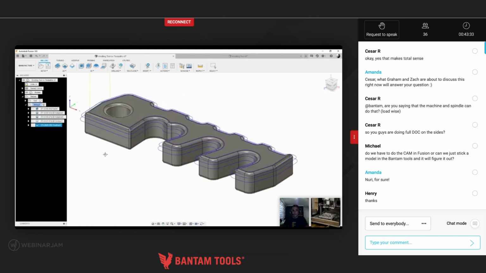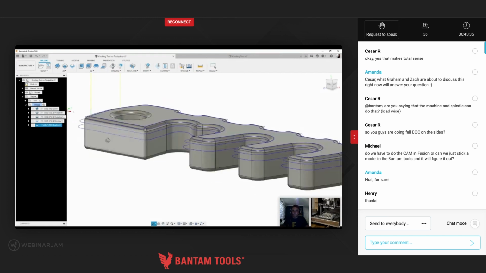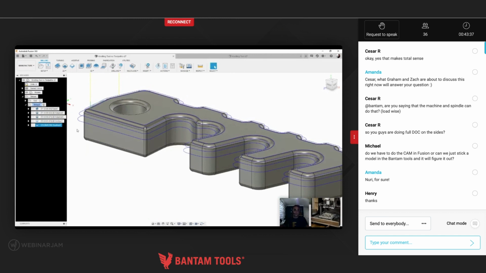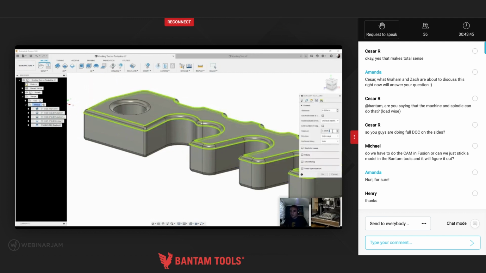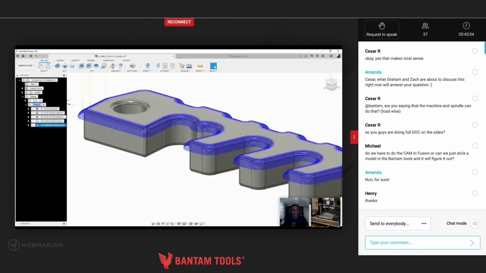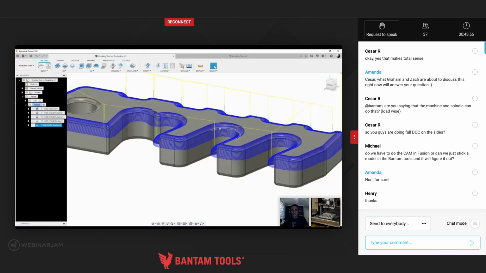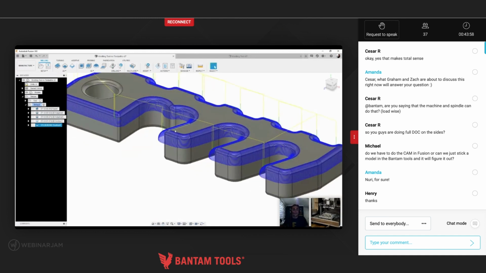Okay. So you can see here, I've got this toolpath, but remember what we said about the cusps before? That's going to give us really bad cusps, and that's not what we want. We want to have a nice, smooth toolpath. So we can go to step over, and we can reduce it by a lot. You might have to forgive my knowledge of the imperial measurement system. This might be completely wrong. But yeah, you can see here a much better toolpath in terms of what's going to give us a